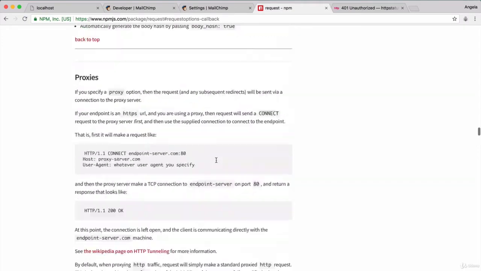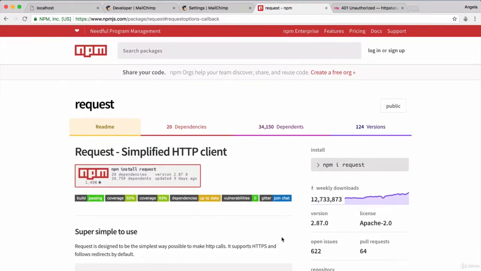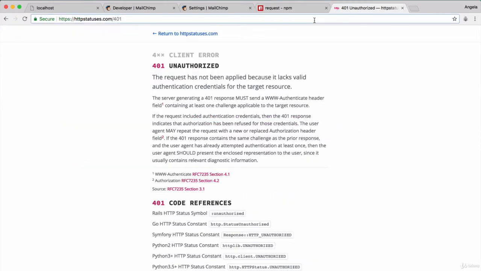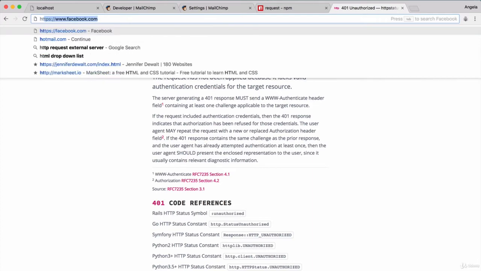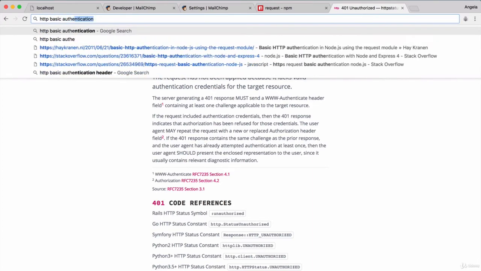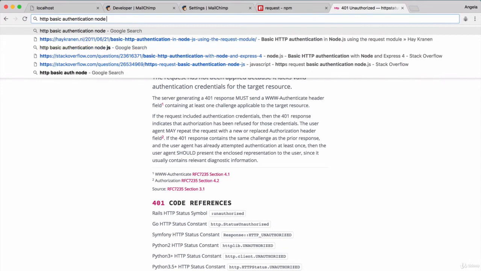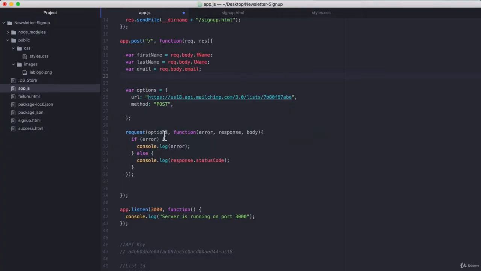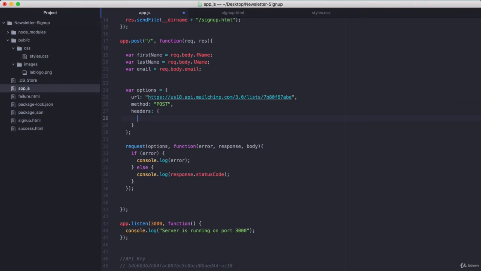Now, the documentation on request on basic HTTPS authentication is not all that great. But as always, we still have Google, right? So let's search for how we can do an HTTP basic authentication using Node and request. And there's lots of ways that you can go about doing this. But the simplest way of authenticating is to simply provide a headers section that is simply going to be an object that we're going to pass along. And one of those objects is going to be called